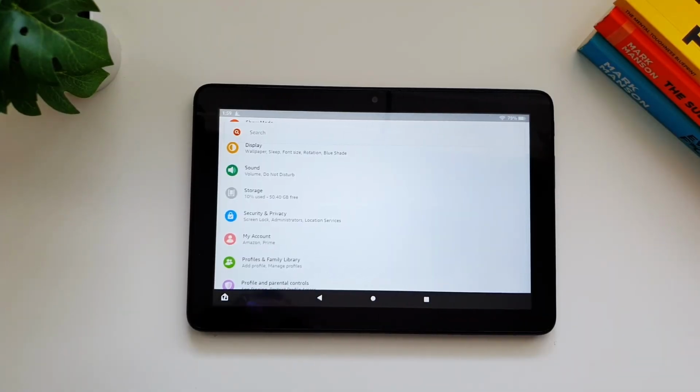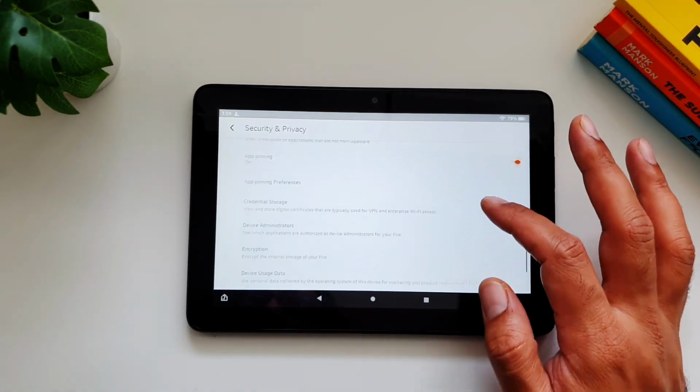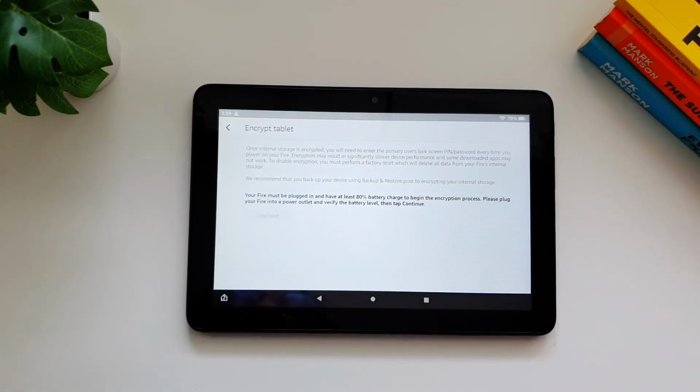Next up, you can also encrypt the data on your Fire tablet. If you keep sensitive data on this tablet, you can encrypt it and secure it. It comes with a price, and for that, let's go in security and privacy, scroll up, until you find encryption. Go in here, and here you can read all about it. You can encrypt your device. It will take a while to encrypt, and then every time you will turn on your device, you will have